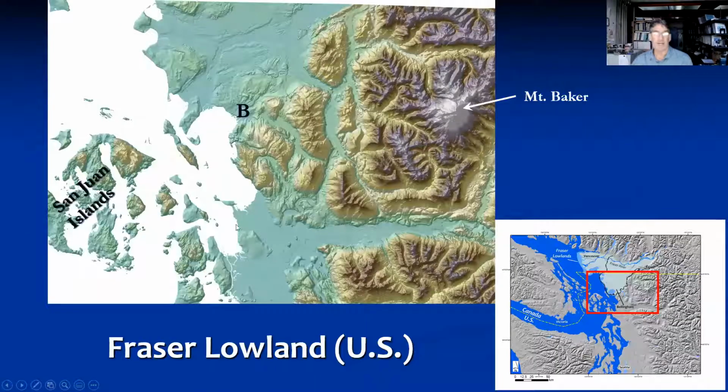So zooming in yet again, here's a hillshade relief map of the Whatcom County area, and here's the Skagit River down here, so a little bit of Skagit County. But we'll be focusing in on the area up here, not in the mountains. We're not going to be talking about the mountain glaciers and what they were doing at this time frame. We're just going to be focusing on the Cordilleran ice sheet, which had this series of remarkable events that happened when it occupied and invaded basically Bellingham and Whatcom County. Okay.